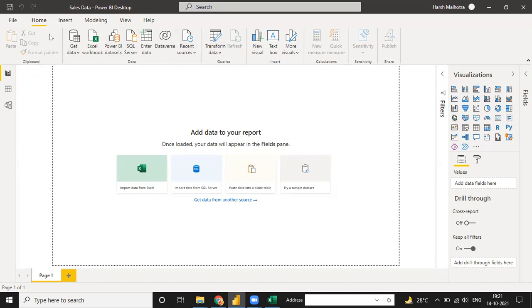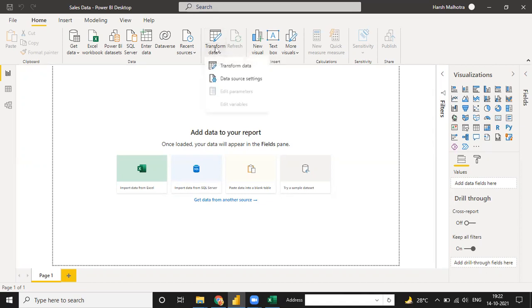Under the Home tab, we have Transform Data. In this Transform Data, use the Power Query editor to connect, prepare, and transform the data. It means when we connect the source, like we have a source file in the form of Excel, we extract that file into Power BI, and then make some changes on it if there is a need. If there is no need to change, then we don't need to change. We just go further and load the data into Power BI.